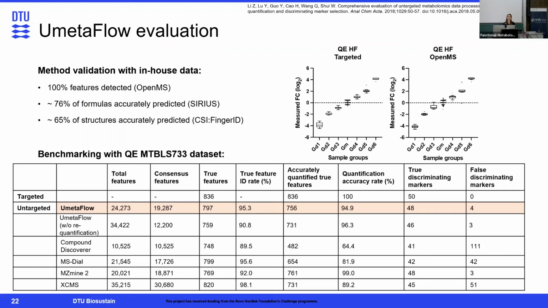I think it's great to see that we have this wide ecosystem. Maybe it's satisfying to see that Compound Discoverer did not perform that well compared to the openly available ones, because it's just so expensive and not a lot of people have access. Although at the metabolomics conference, they said that they are now using a different algorithm for feature detection, so this is outdated already for MZmine, I guess, and probably Compound Discoverer.